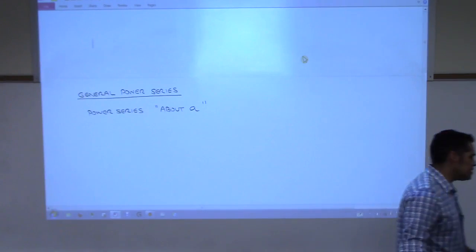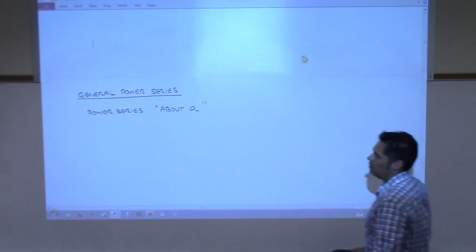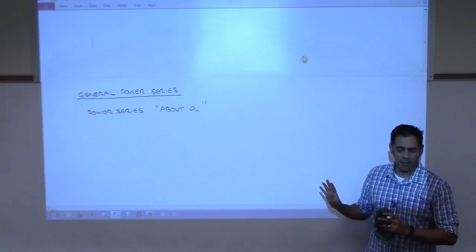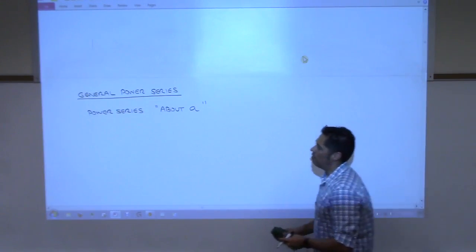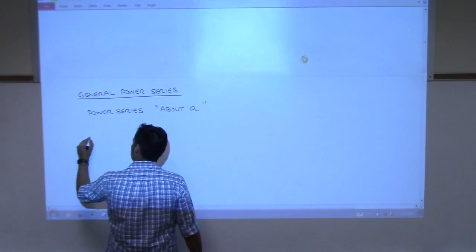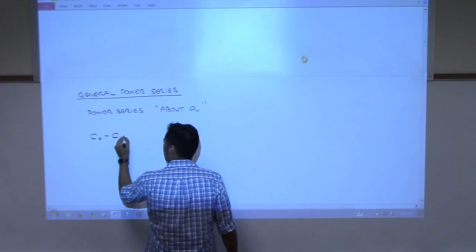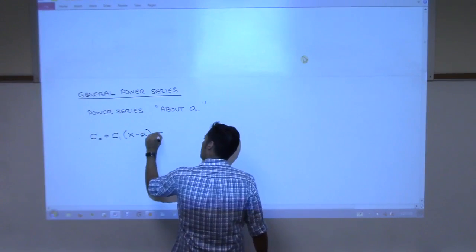The power series about a. All that about a means is that we're going to shift the power series around. We want to be able to slide this function left and right. So here's what it looks like. It's c sub 0 plus c sub 1, but instead of x to the first power, x minus a, plus c sub 2